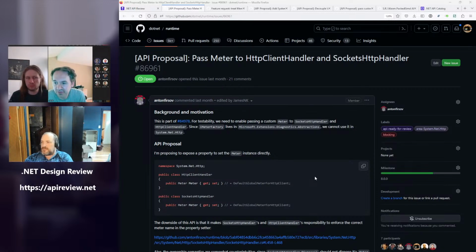For example, literally what I'm doing right now is introducing meters into the Redis StackExchange client. I was going to follow the pattern of it just having a static one, and it sounds like that's not the right thing. It should be exposing a meter here. You can think of it just like HTTP client, right? It's not DI aware in any sort of way. It's just a normal client library that connects to a server and issues requests.